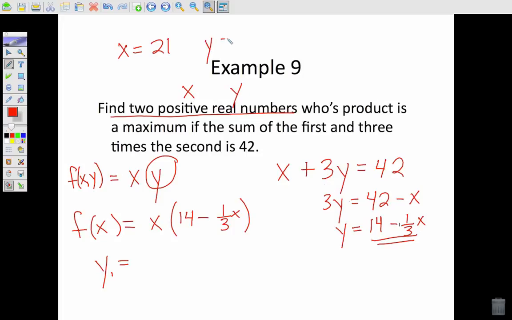And if x is 21, then the y has to be 7. And how I found that is by putting 21 in here for x and solving for y. So 42 minus 21 is 21 divided by 3. All right, there's your two numbers that give you a maximum